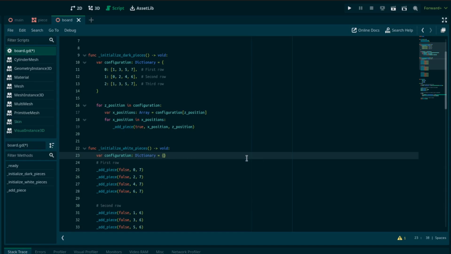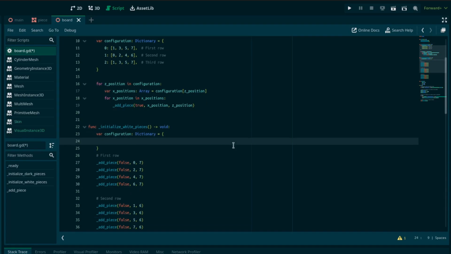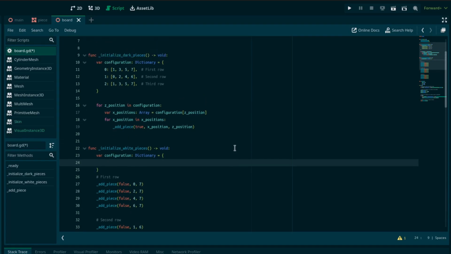But for those of you who are paying close attention, you will notice that there is some level of duplication of logic